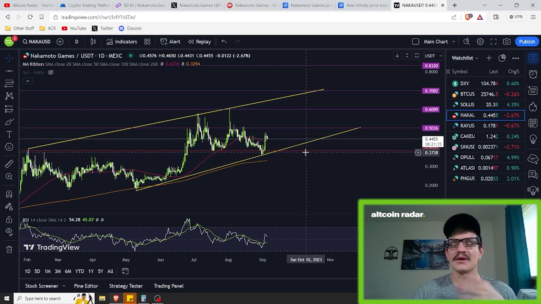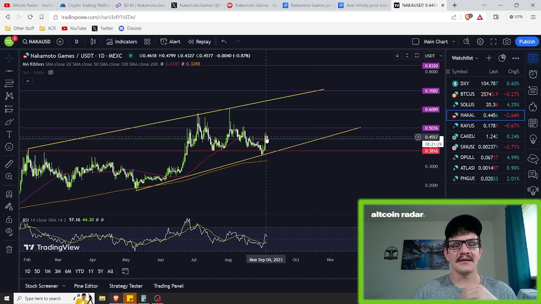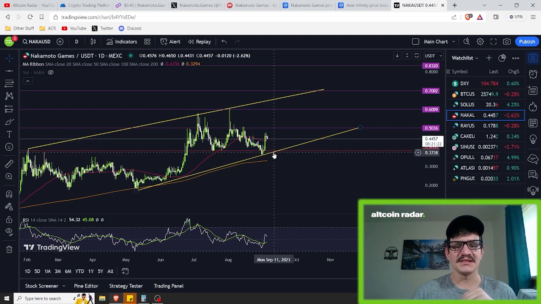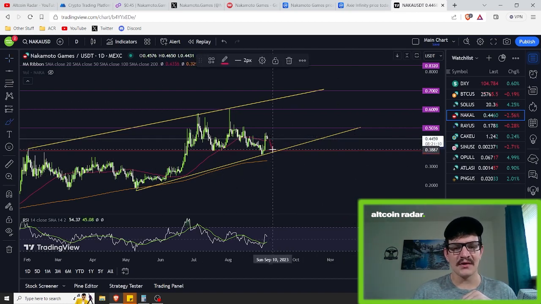This red line is what I've got marked for support. Very strong support in my personal opinion, which is right around 38 cents. And if we end up dropping, I would only hope, honestly, that we would only drop to around those levels. With how strong Nakamoto Games' price action is, I do not see it breaking this channel right here, okay? So realistically, I could see it dropping all the way down to maybe right in here somewhere if it does